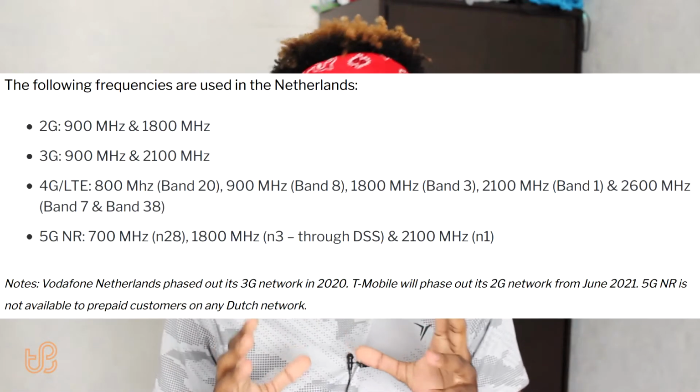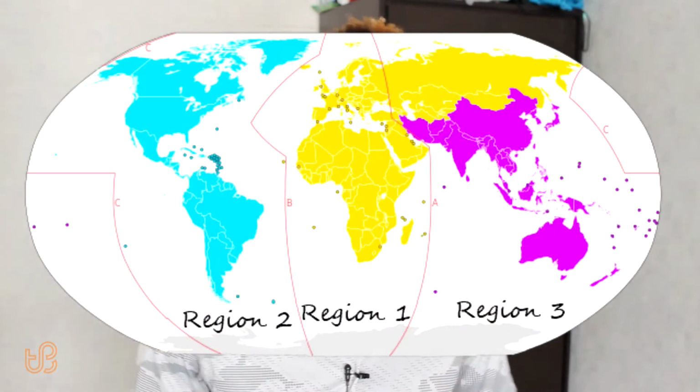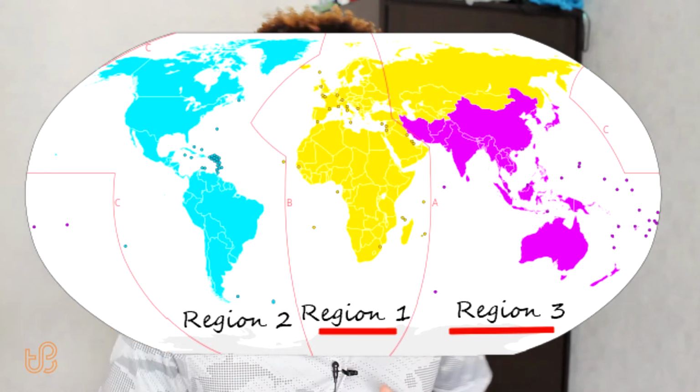In the Netherlands, they use traditional European frequencies because, well, we are in Europe. But what does it mean when I say European frequencies? Well, the world is split into 3 different ITU regions, 1, 2, and 3, as shown on this beautiful map. In regions 1 and 3, which include Europe, of course, but also Africa, Asia, the Middle East, and Oceania, they use traditional European frequencies for their base frequencies, whereas in the Americas, North, Central, South America, plus the Caribbean, they